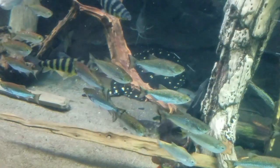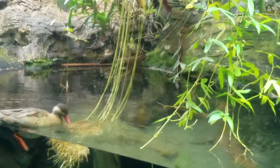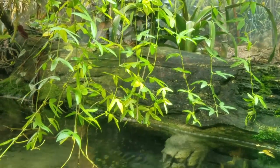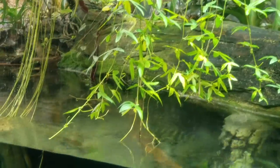So yeah, there's also some other things in here. I believe there's a lizard that we've been trying to find. I've been looking up here, well, there's a duck, but supposedly up in these bushes and things there's a lizard, but we've been looking for quite some time. We couldn't find it. So anyway,